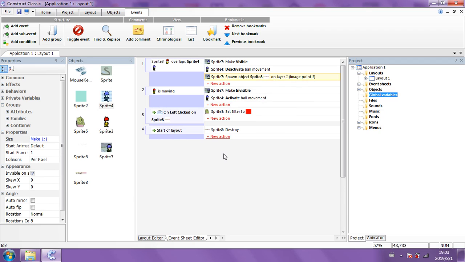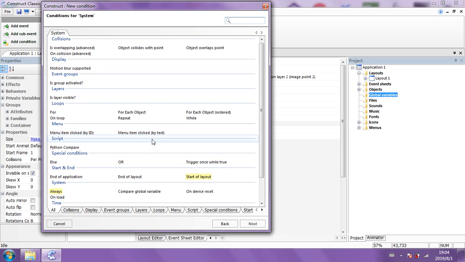Invisible. Okay. Make visible. Let's just try something different, right? If we can destroy that object from the start of layout, then why can't we do something else? Insert event.